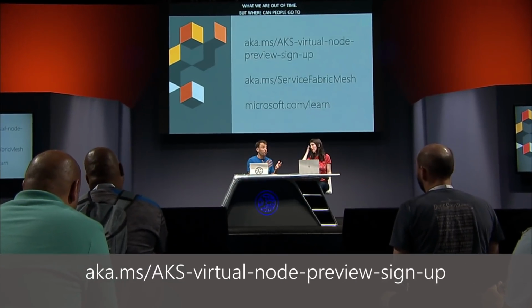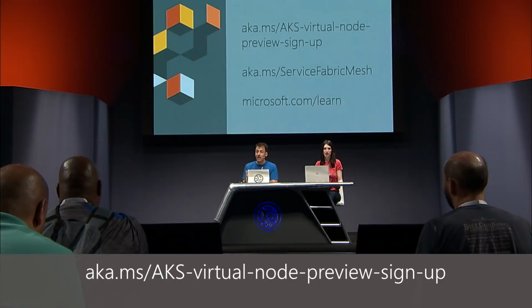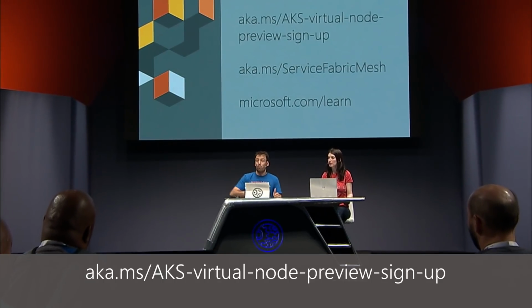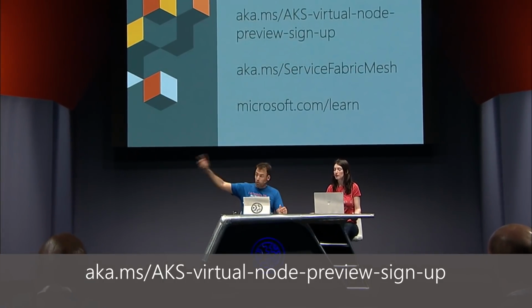Is that okay? Yeah, because you're out of probation, and we are out of time, but where can people go to learn more? There are a lot of options. I walked through a bunch of stuff. If you're looking to build websites, Azure App Service is clearly the place to get started. You can find those details online. If you're familiar or want to play with Kubernetes, obviously AKS, and then ACI, it's called Virtual Node. You can get into that preview by clicking on a link here, or you can go see those guys at the booth. Service Fabric Mesh, again, for .NET, Windows, microservice-based applications. And if you just want guidance on how to migrate, check out the Azure Migration Center to learn more about both what we have and what our partners can do.